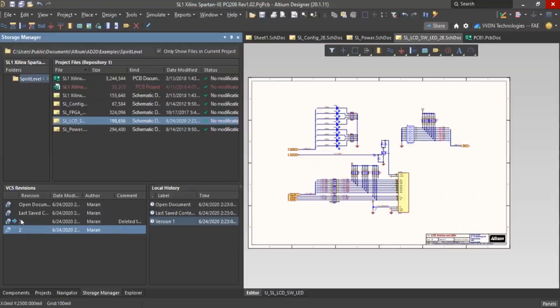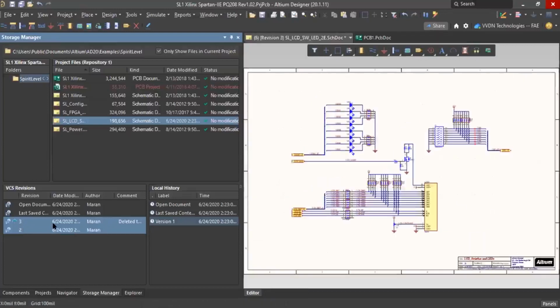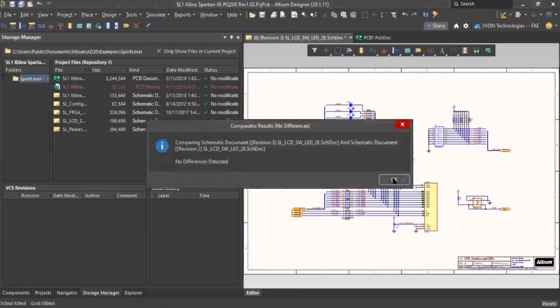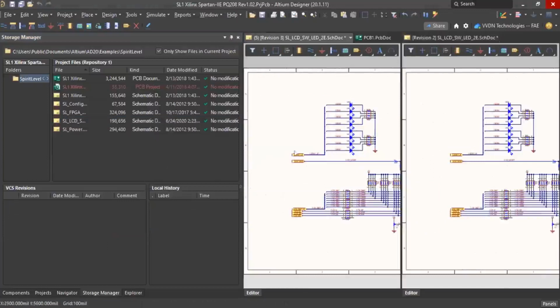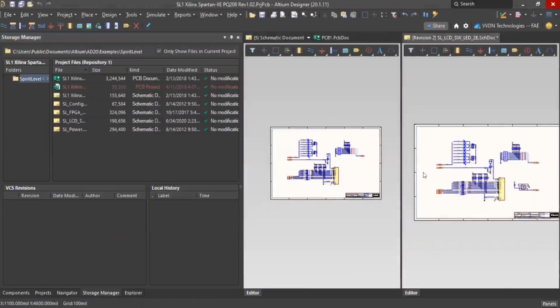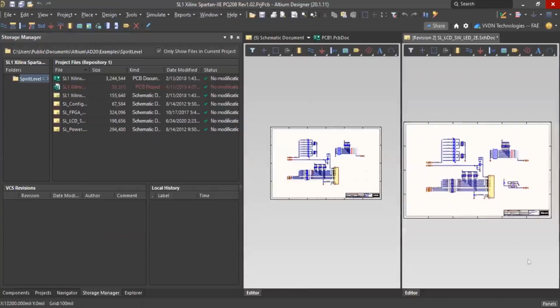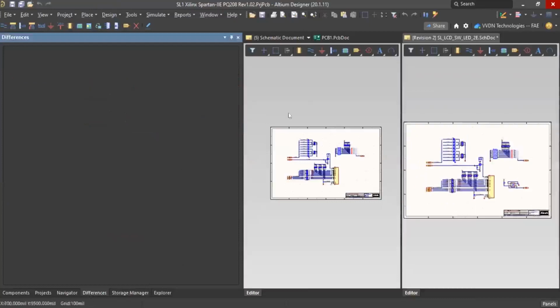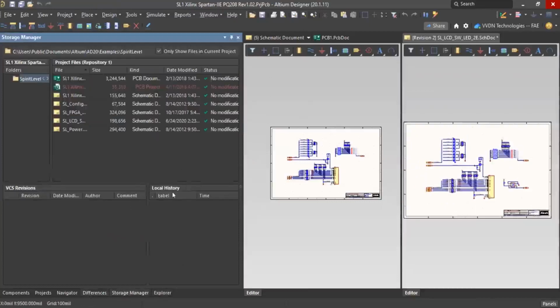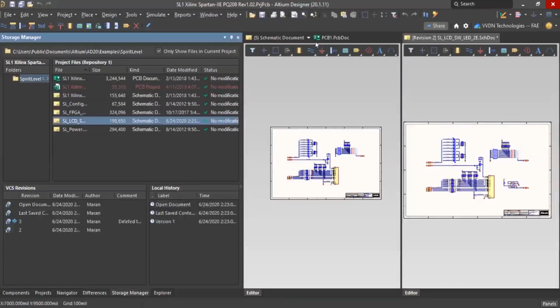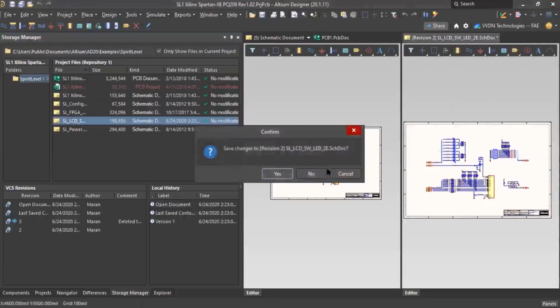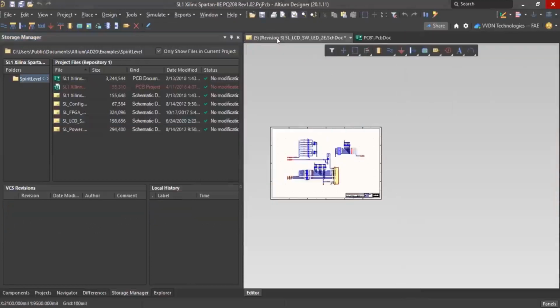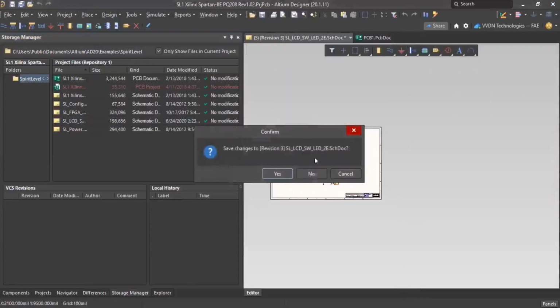You can select two versions, right click and compare. It will open the two different revisions and display the changes. Why is it showing no differences? Let me close it, maybe it's not updated in the head revision.